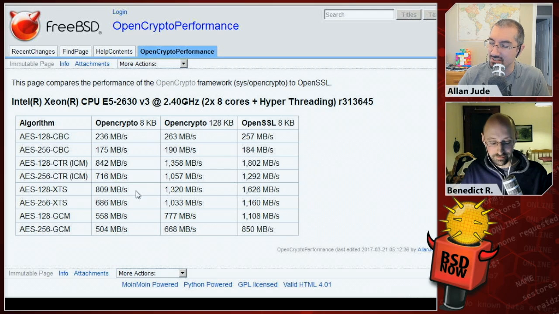XTS, which is the type of encryption used for disk encryption, so that's what's used in Geli by default, or maybe not by default, but what is used by the installer in Geli by default. With 8K blocks, we're getting only about 800 megabytes a second. Although for Geli, you really need to test 4K blocks, because that's usually what you're actually doing. So about 800 for XTS, which is about the same as CTR, because it's pretty much the same algorithm, but